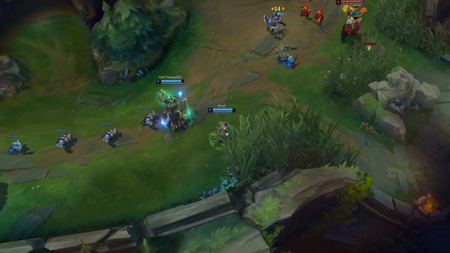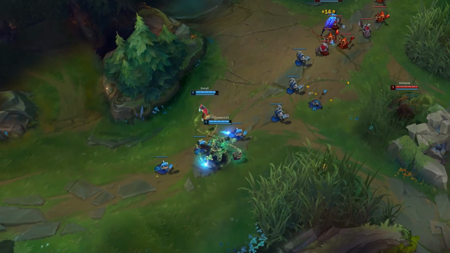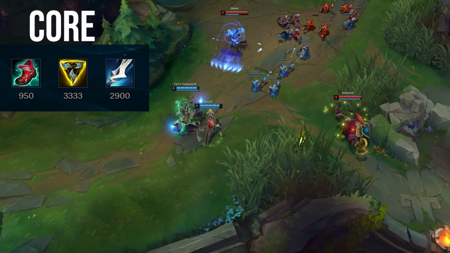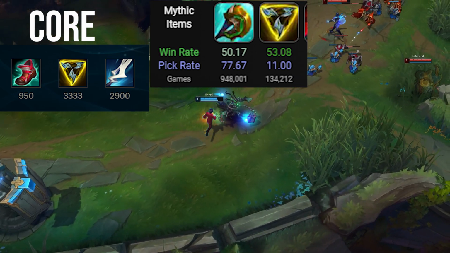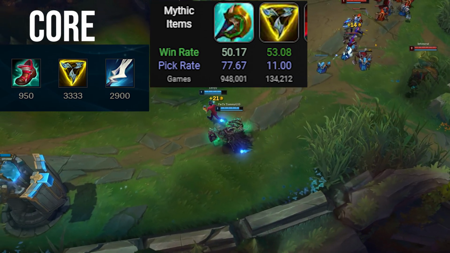First of all, I want to start with the build that most people should be running. I think currently Trinity Force is your best mythic, and you'll be going Manamune pretty much every game. Regarding Trinity Force versus Divine Sunderer, which recently got nerfed by 5 AD, I think that kind of pushed Trinity Force over the edge, in which case it should be like 90% your